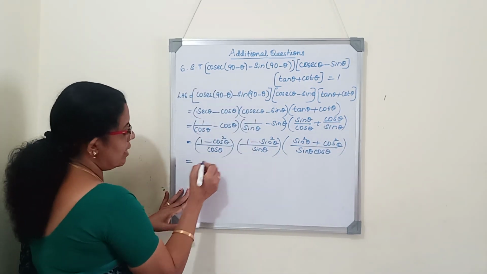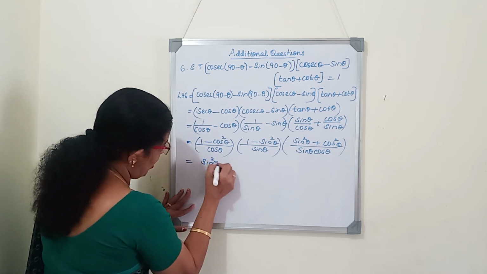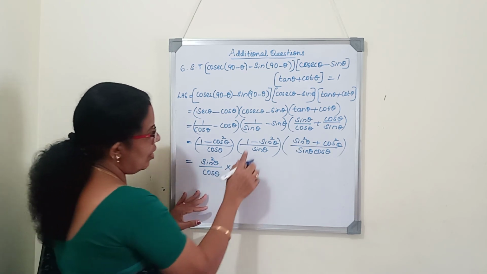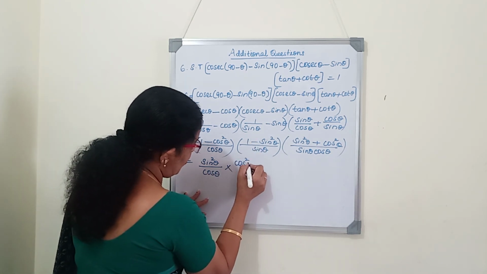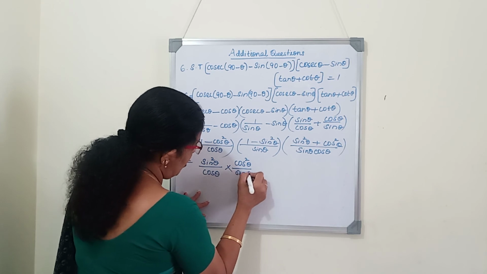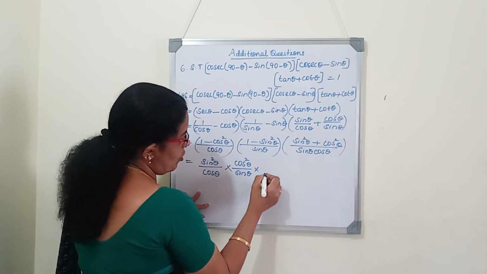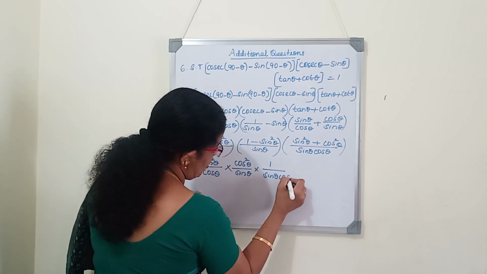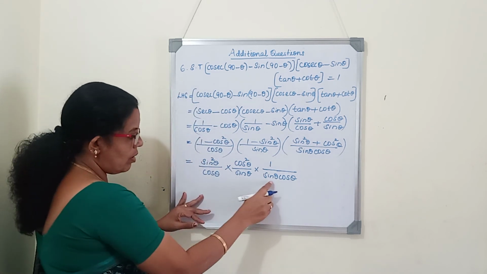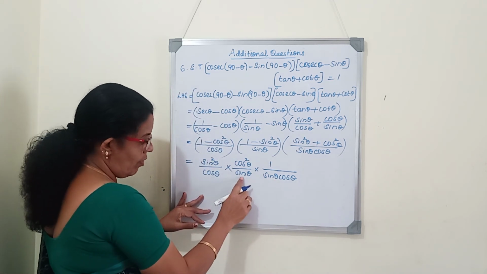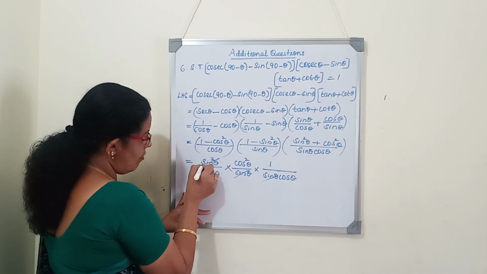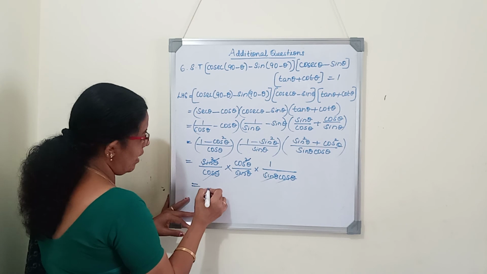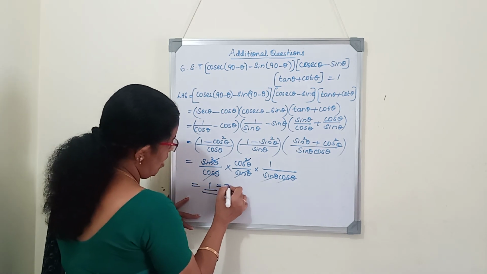Now we know 1 minus cos square theta is sin square theta by identity, by cos theta. Now it's a single term, so we'll put directly: 1 minus sin square is cos square theta by sin theta, into sin square theta plus cos square theta is 1 by the first identity, and denominator sin theta cos theta. Now here 1 sin theta is there, here 1 sin theta. Both the sin theta will be cancelled with sin square theta. Cos theta will cancel cos square theta. So we will get 1, and that is the RHS.